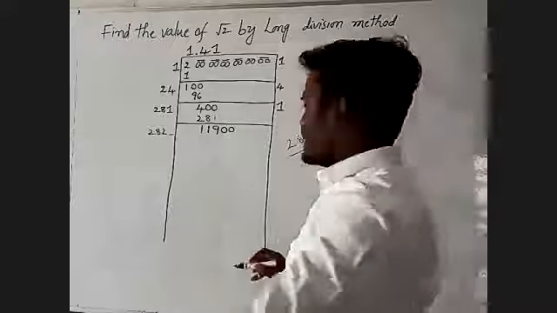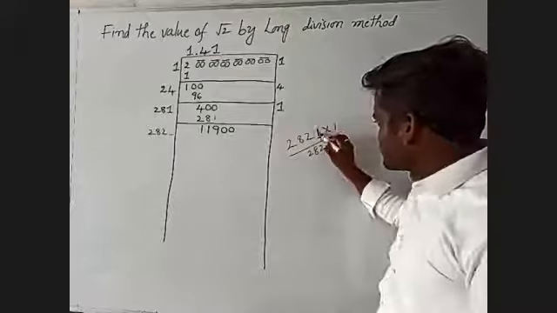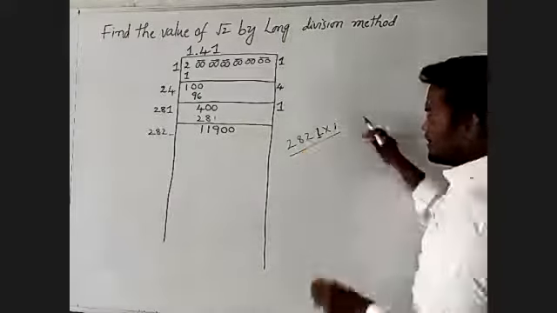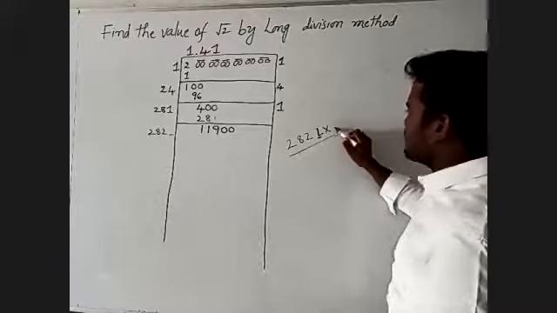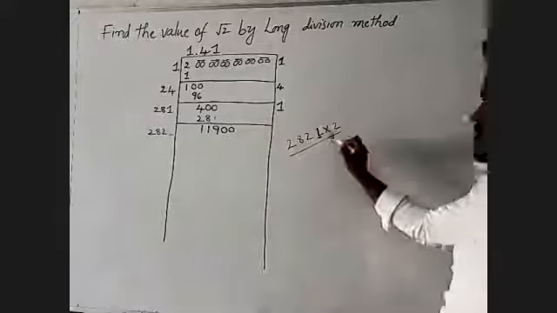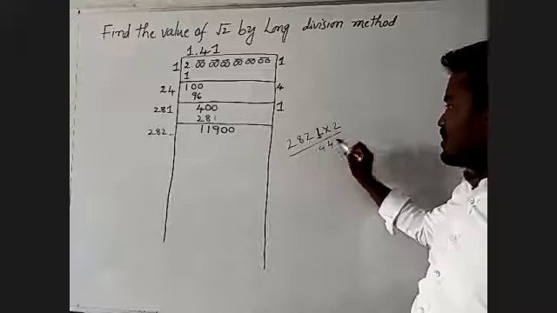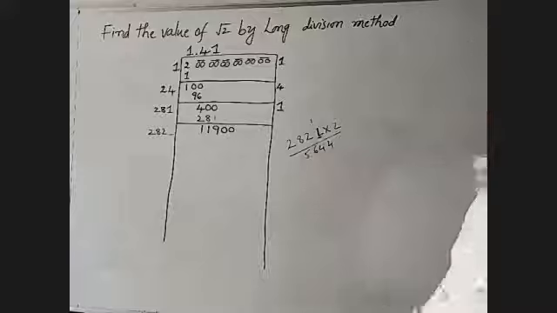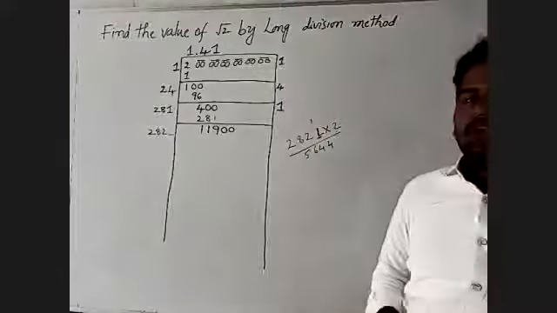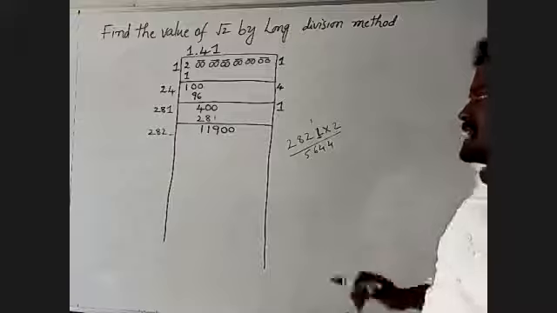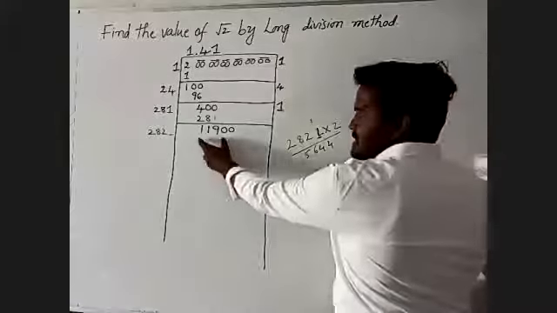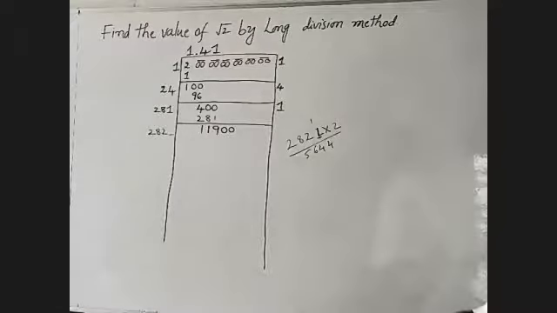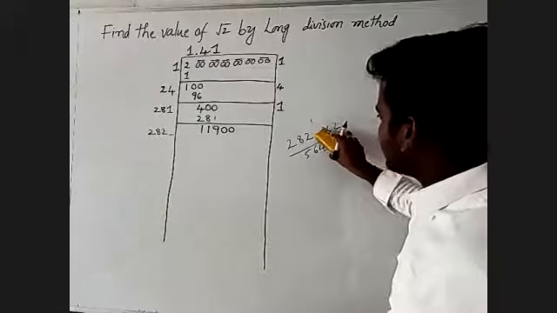This is not satisfied. I will take the number 2. I will take the number 2 means, you'll observe, this entire number can be multiplied by only 2. That is 2 2's 4. Again 2 2's 4. 2 8's 16. Again 2 2's 4 plus 1 is equal to 5. That is, the given number is 5644. This is also not satisfied. Why? Because here the number is the largest number, 11,900. I will take the units place as 3.